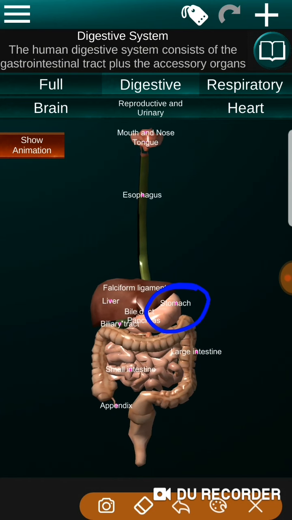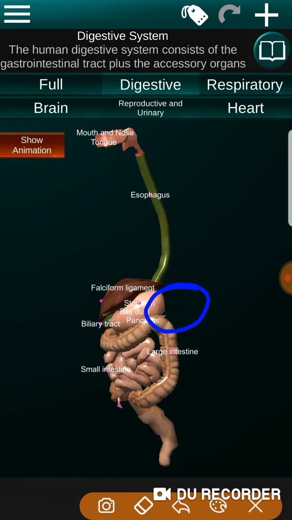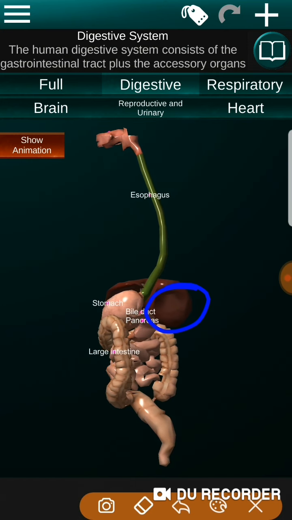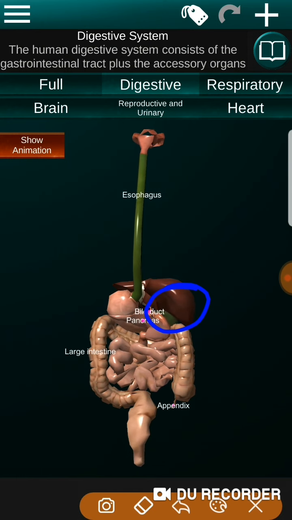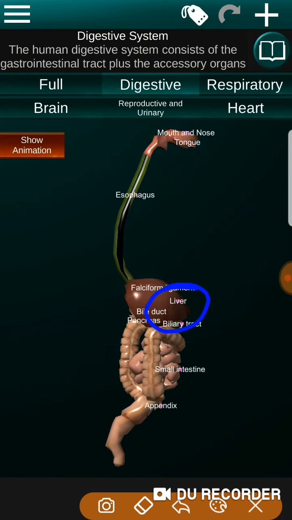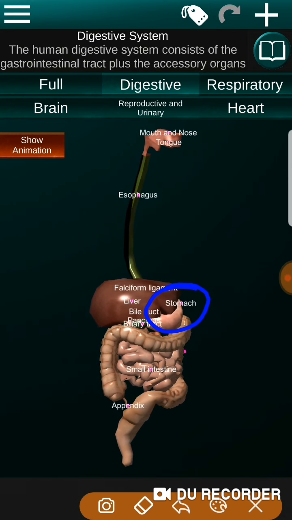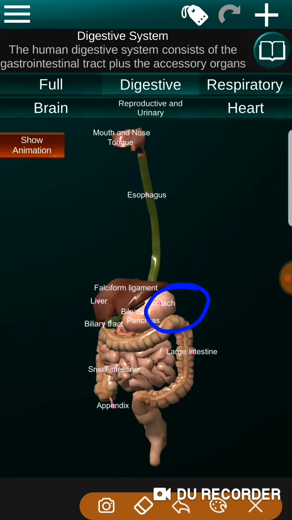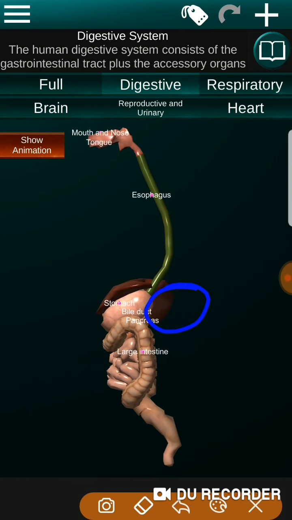You can see this stomach part. Inside the stomach, they secrete digestive juices, hydrochloric acid and mucus. In the stomach, proteins break down into simpler forms. Hydrochloric acid kills microorganisms if they are present in our food. The food which is semi-digested, not totally digested, is passed into the small intestine and is called chyme.